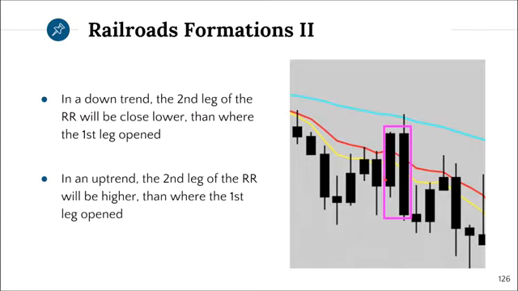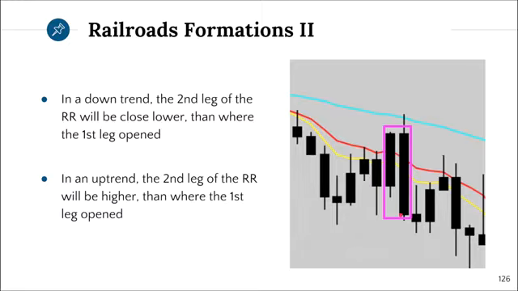As you can see, reading these candles left to right, in this example, the first candle inside the pink box opens here because we know this is a bullish candle, opens here, closes at the top. The next candle opens at that same price level, wicks high, and then comes straight back down, making this right leg of the railroad, the second leg, longer than the left leg, the first leg. Not only did we go back through the price we started the consolidation at, but we actually set